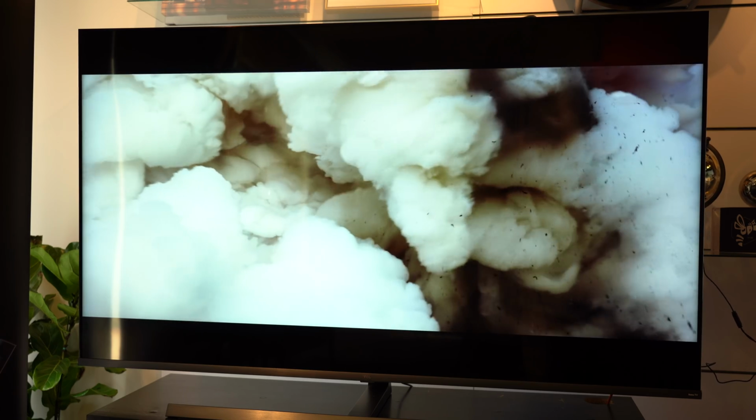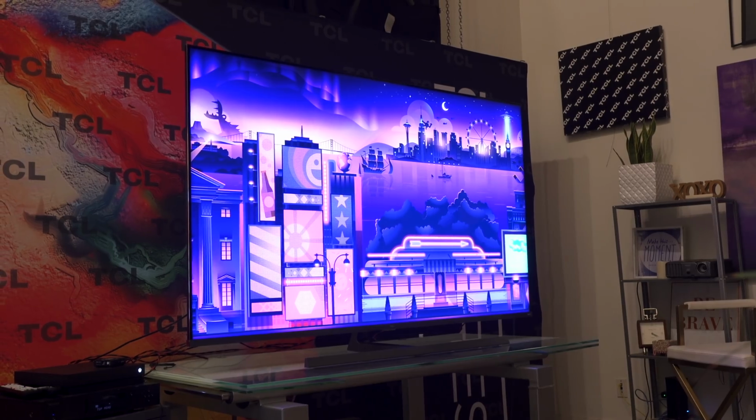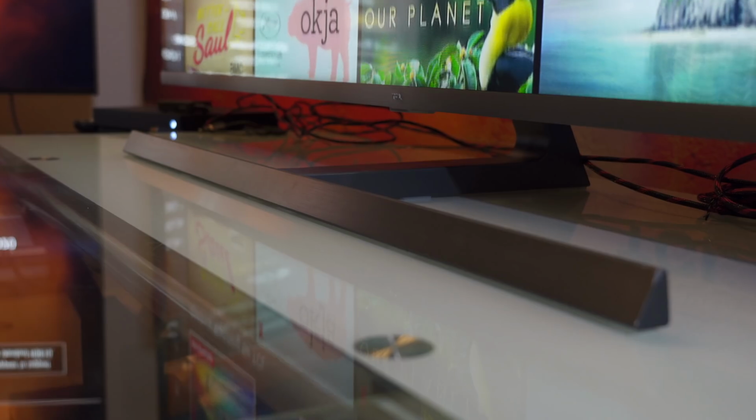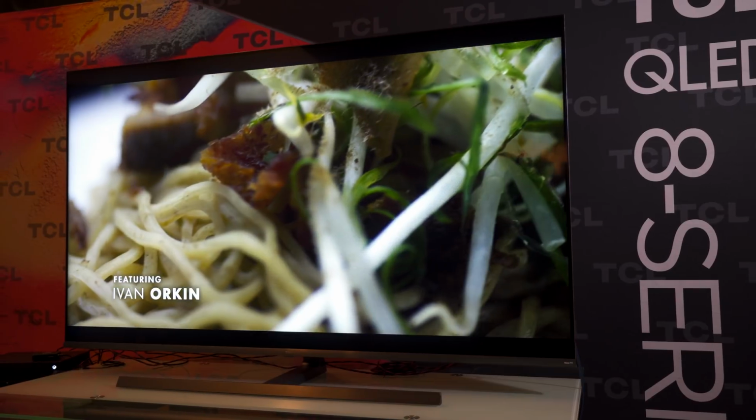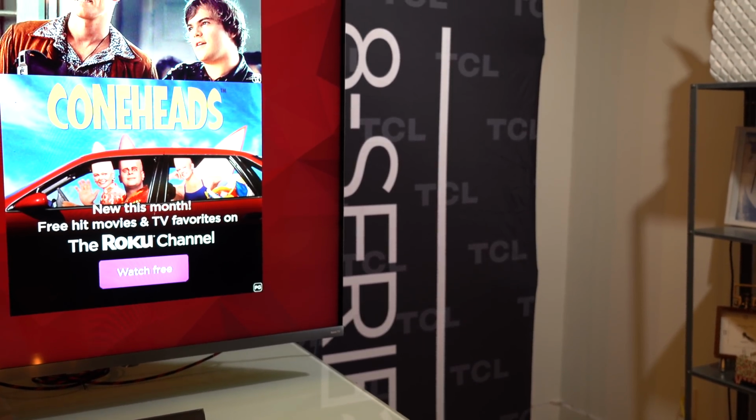Now, in terms of form factor, this is how the TV actually looks. I'm actually not a fan of how the TV looks, personally. It has this stand that sits in front, which I really don't like. But of course, if you're gonna wall mount the TV, as I tend to do with all my TVs, the stand is a non-factor. But when you take away the stand, then you are left with a really nice looking